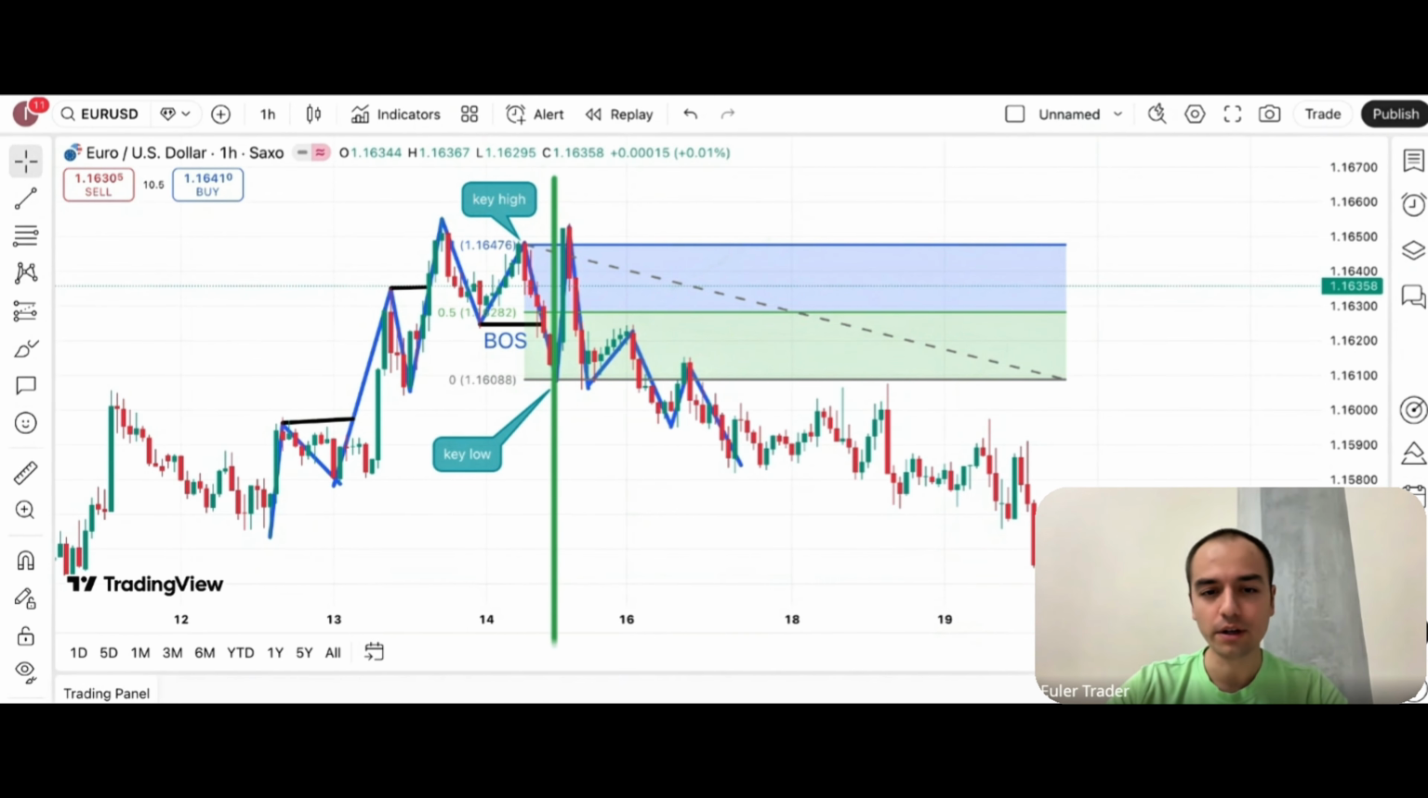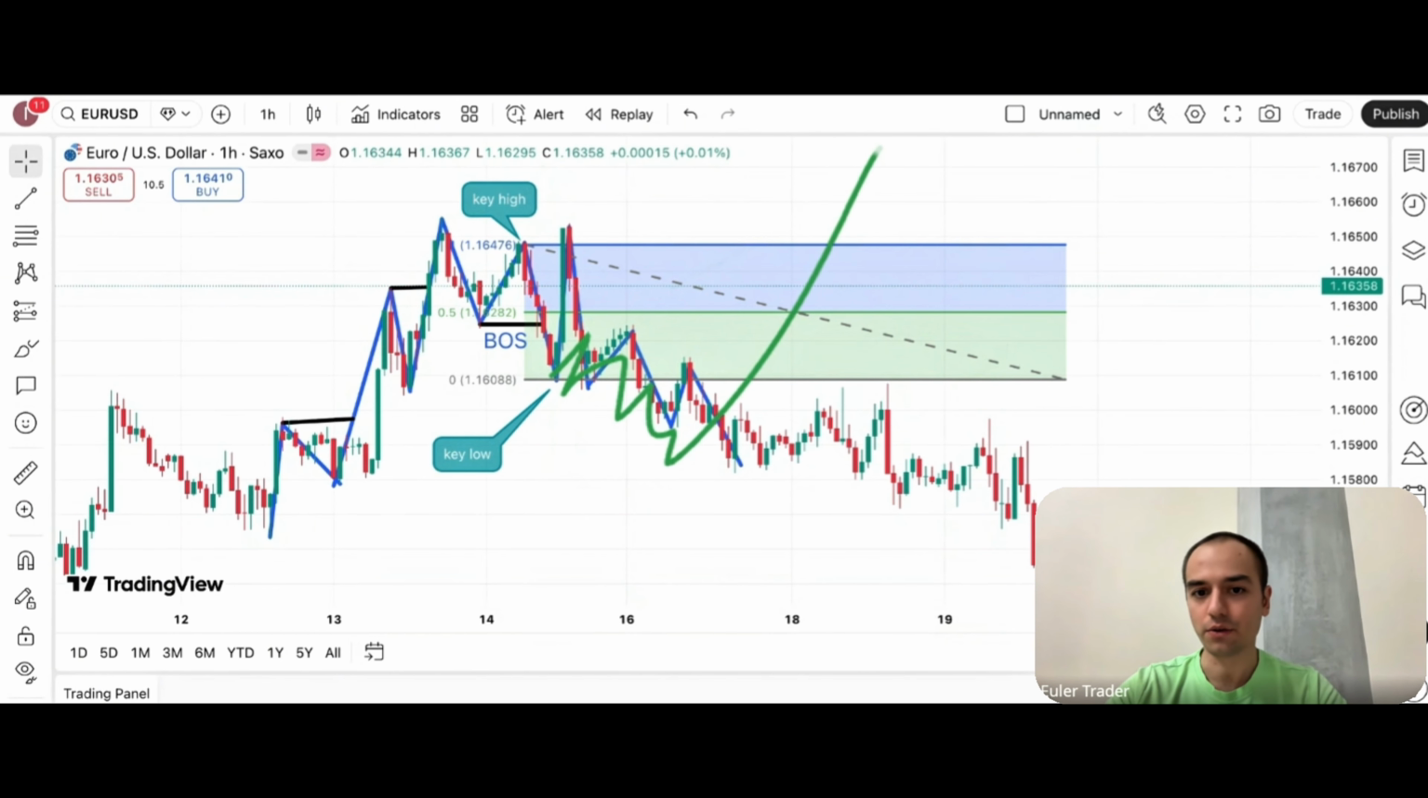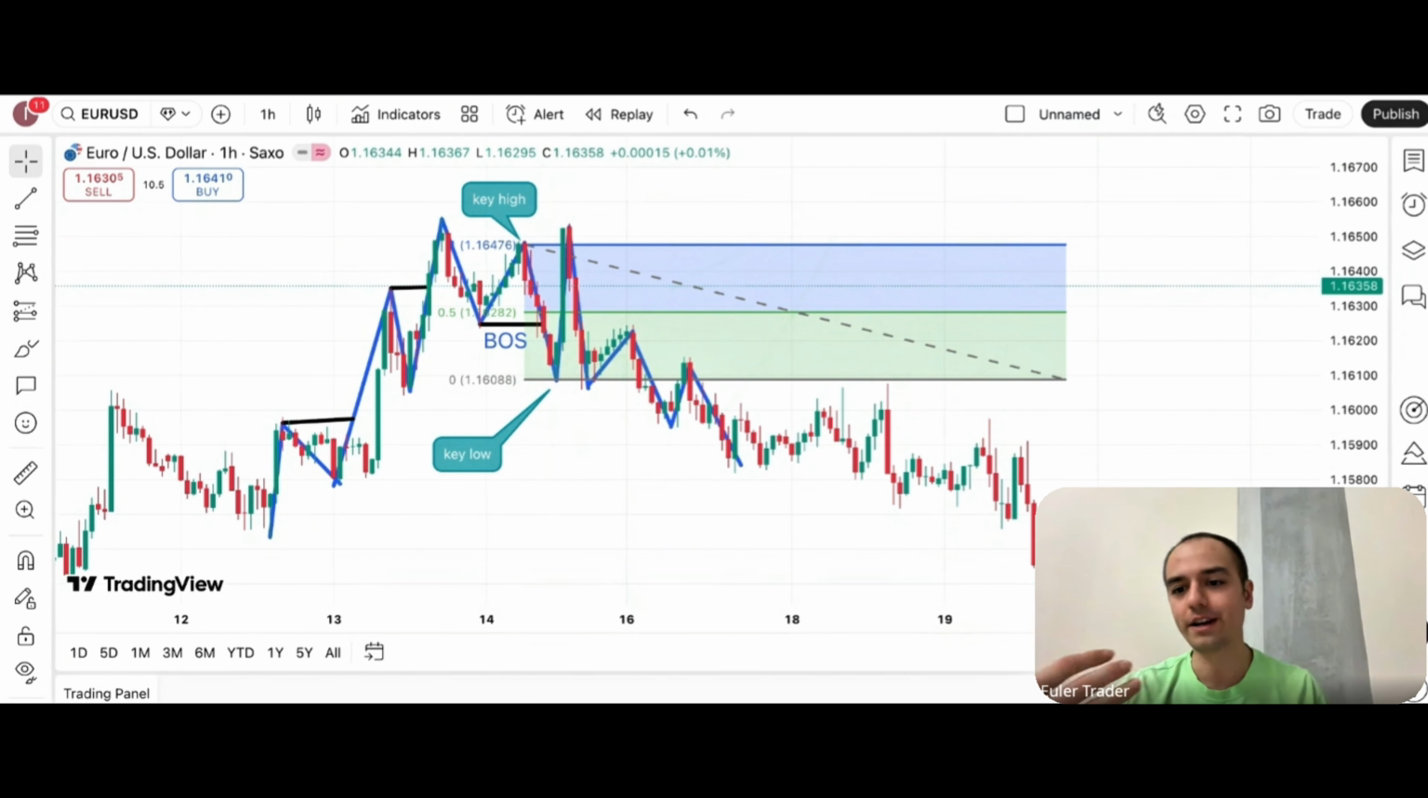So when you're here, you don't know where the graph is going to go. The graph can go directly down, or the graph can correct and then go up. So you're not trying to predict the future. You're trading probabilities always. So what you're doing is you're applying the Fibonacci retracement